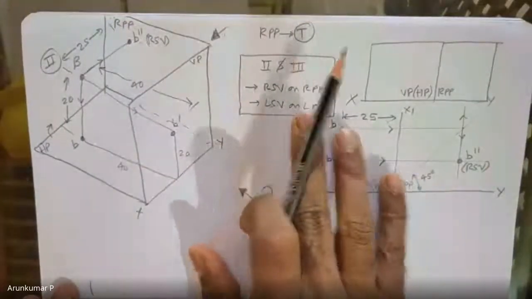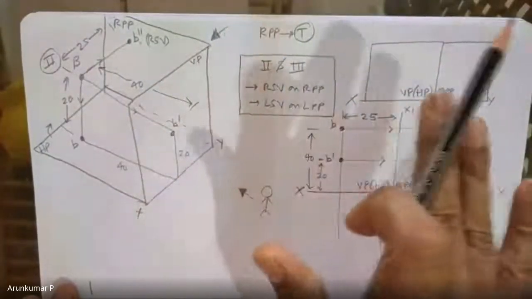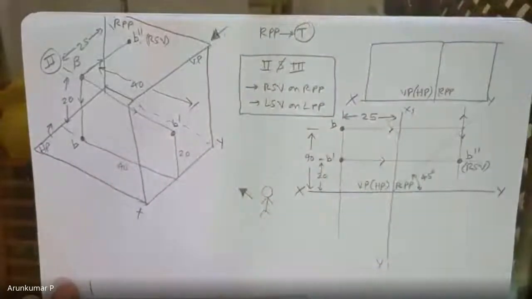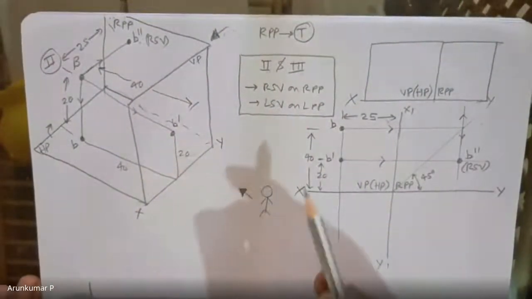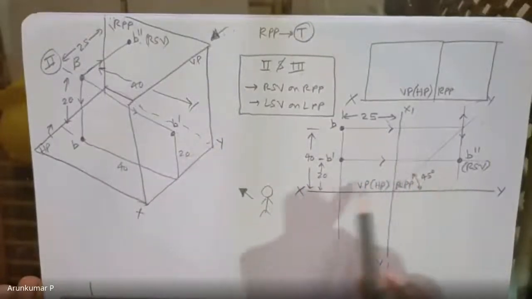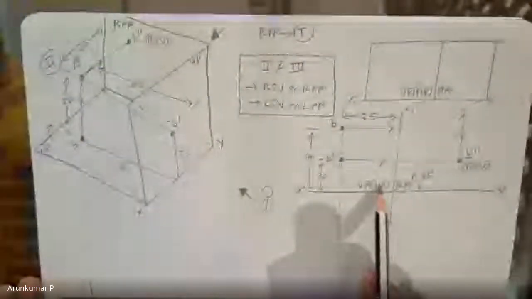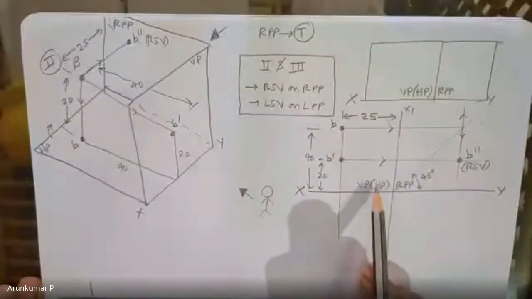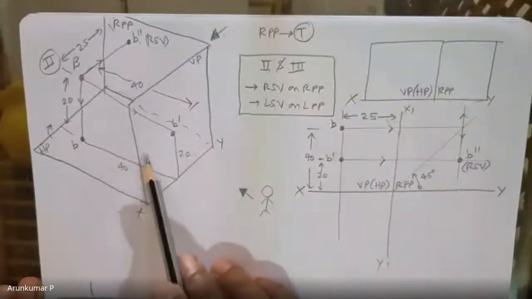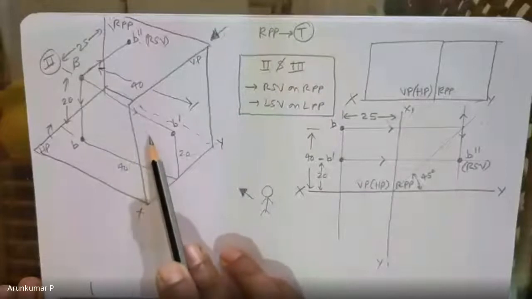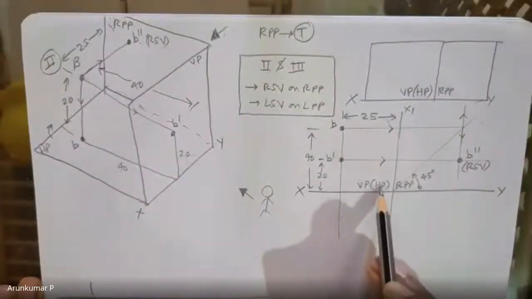This is a major difference between the second, third quadrant side views and side planes, and the first and fourth quadrant side views and side planes. So please note this. Accordingly, we had solved this problem where, in the second quadrant, VP and HP both are above the XY line. We have drawn that and put HP in brackets because when you rotate HP, it comes behind VP. So VP will be covering HP in the second quadrant.